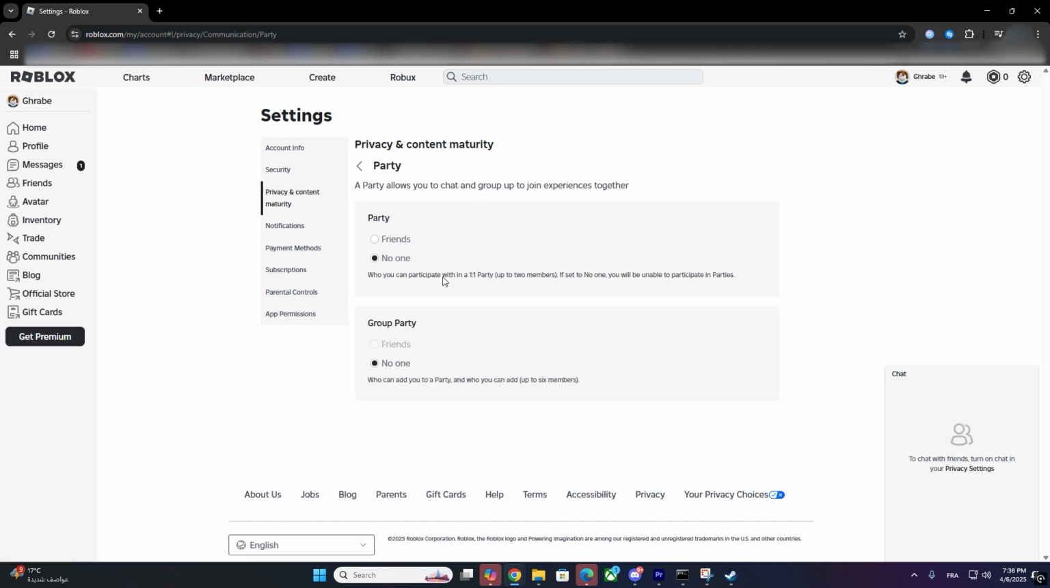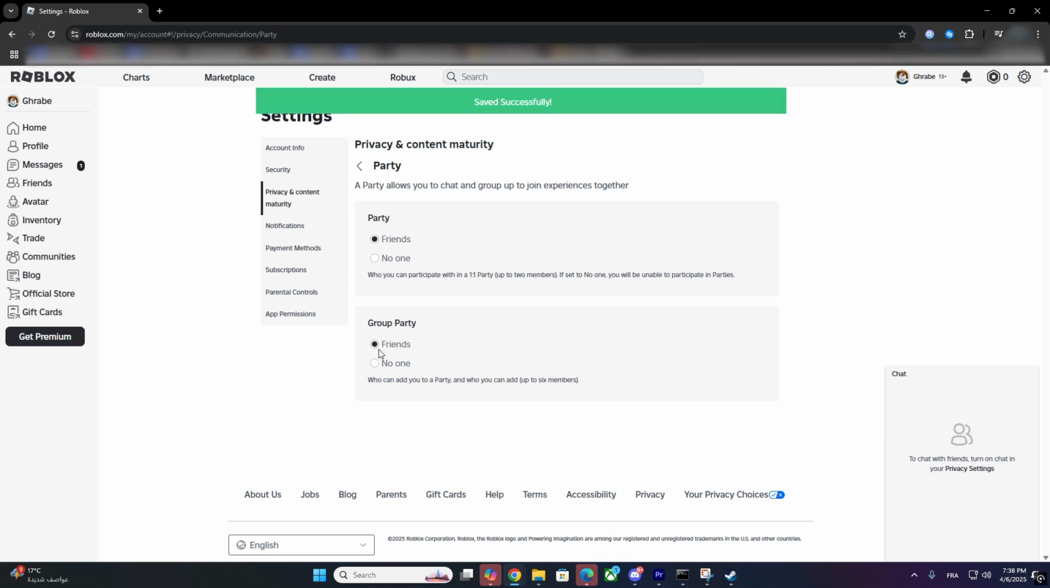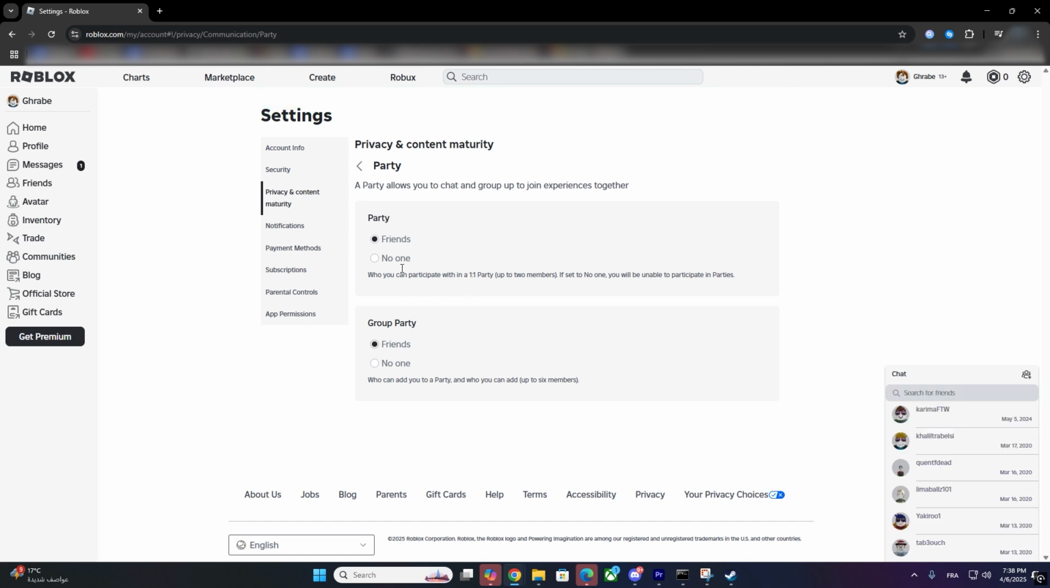Click it, and under that, find Party and Group Party options. Make sure both are turned on. This will allow you to chat with friends and people in your party. And that's it. Now your Roblox chat should be working perfectly, and you'll be able to talk with your friends